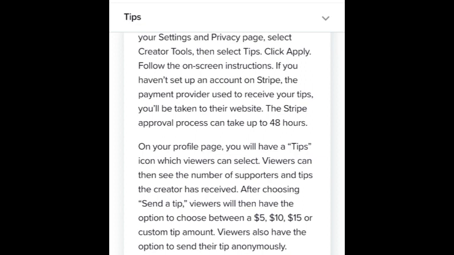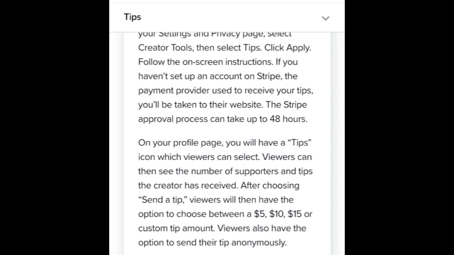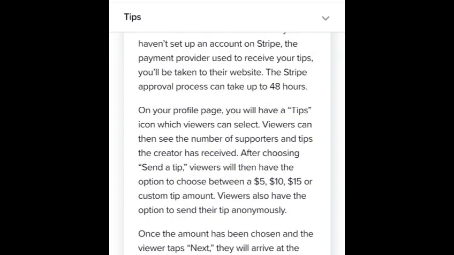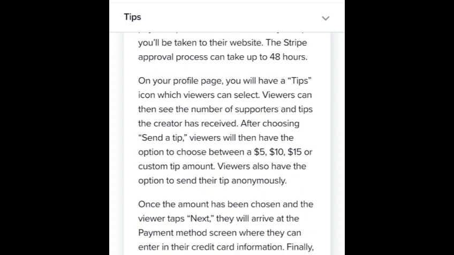Then if you haven't set up an account on Stripe, the payment provider used to receive your tips, you'll be taken to their website. Then as you said, after everything is done, you would have a tips icon which viewers can select. They can donate like 5 USD, 10 USD, 15 USD, or they can donate 50 USD, 100 USD, custom amounts. Let's say a big celebrity storms up on your page and they don't want to be known that they are,